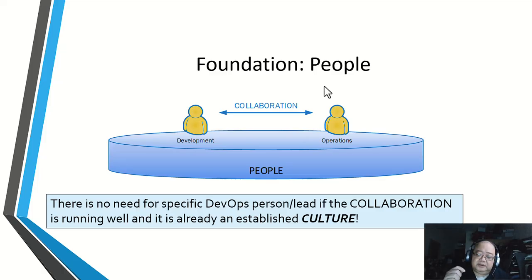This is why it is not good DevOps. DevOps, if not good, is the same as not available. Put it simply, I know it's harsh, I know it's rude, but here is the fact: you need to have the people first. And this is why I mentioned in the previous chapter that I have rejected many training requests. Many companies in Jakarta especially ask me to give training on DevOps.